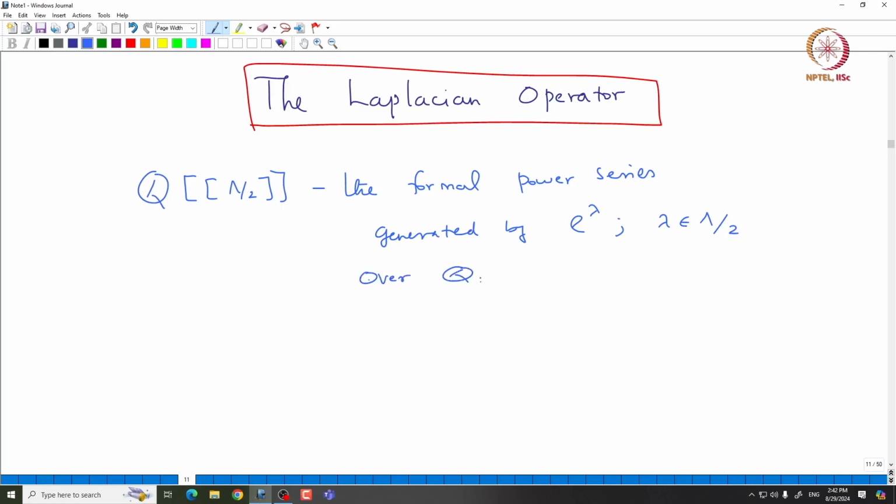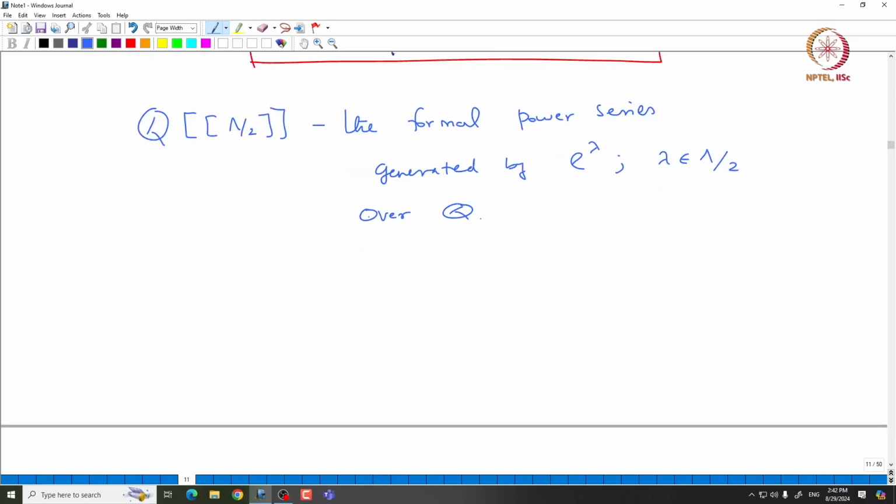One can actually view the element of this formal power series as just a formal power series in these variables e power lambda. So, if f is in Q double bracket lambda by 2,